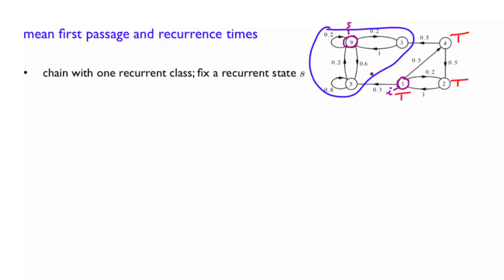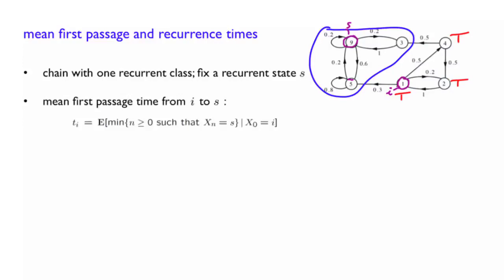We know this is a recurrent class, so we know that the Markov chain eventually will come to that class and circulate here. So you know that the Markov chain will get to that state, 9. You are interested in knowing when it does so for the first time. Of course, we don't know for sure. This is random. It is a random variable, and let's try to calculate the expected value of this random variable. So more precisely, this is what we would like to do. We would like to find the mean first passage time from I to S from any starting state I.